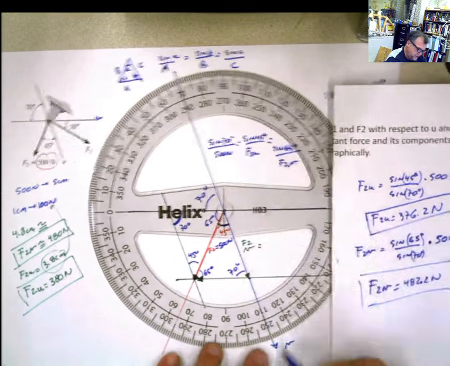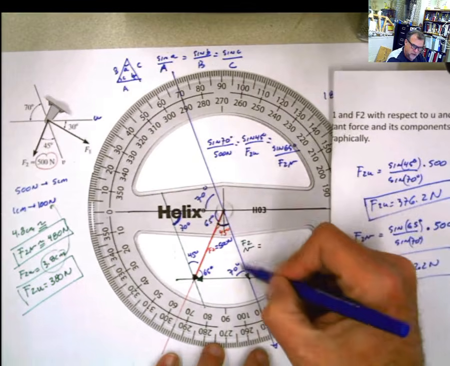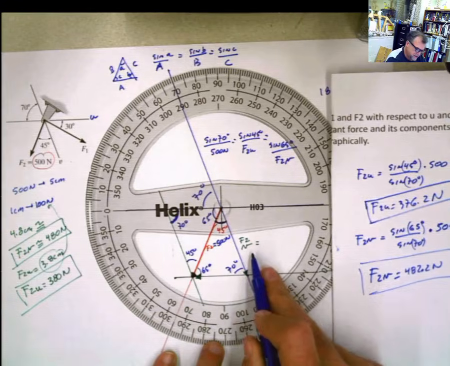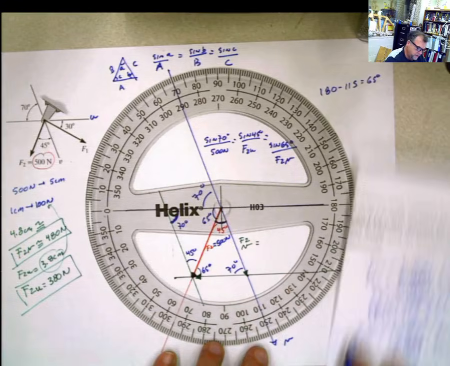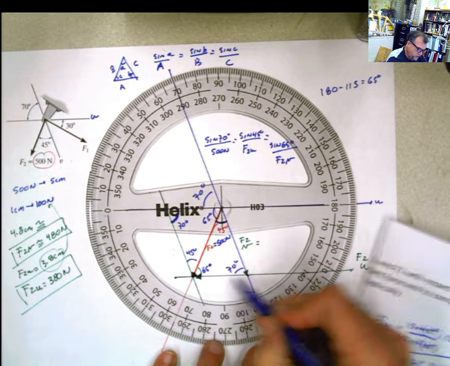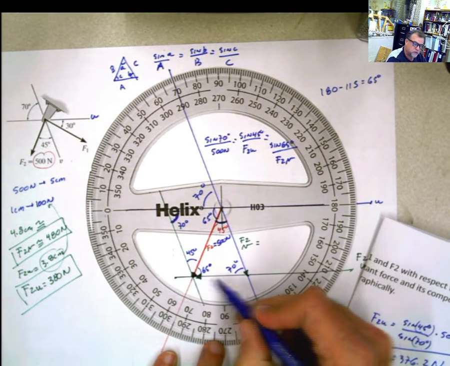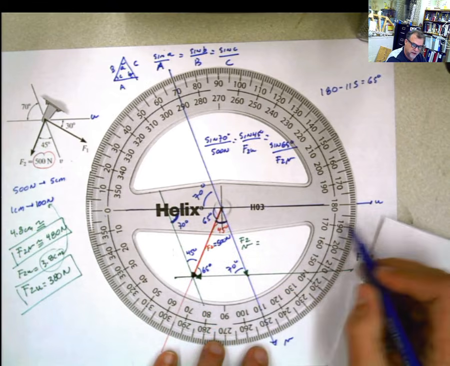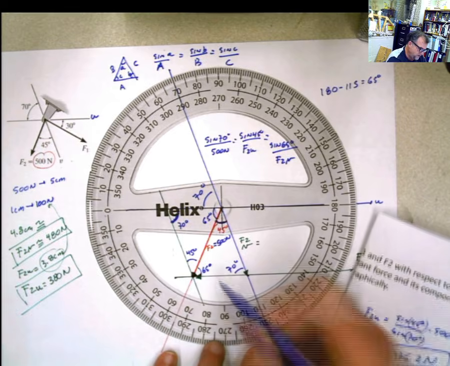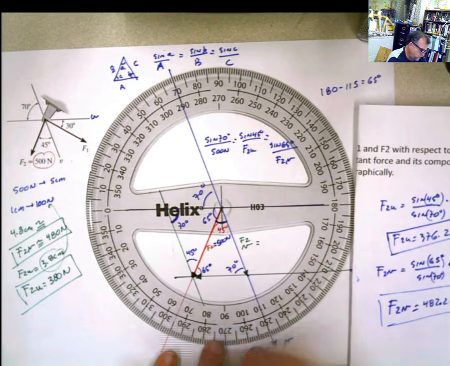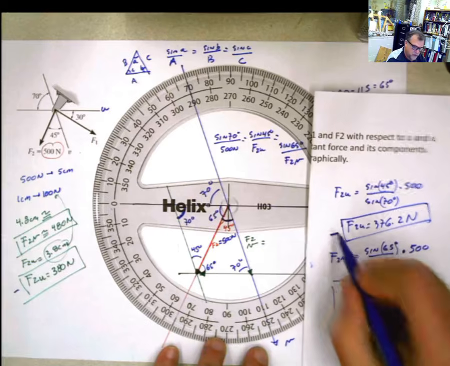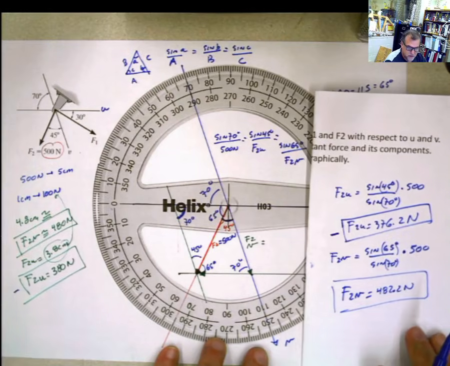F2V, which is this component, is pointing toward the V direction. That means this is positive. But my U direction is here, and the component F2U is pointing to the left. The right is a positive in this case, so the left should be negative. So whatever you have that component F2U, you should have a negative sign in front of it,